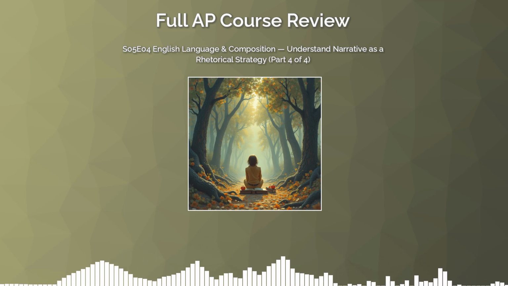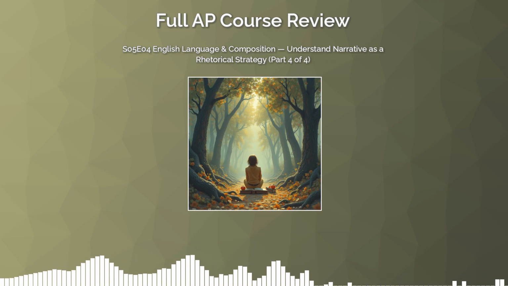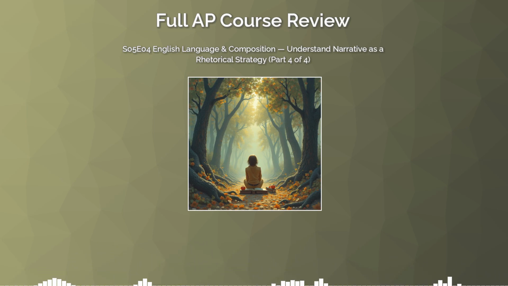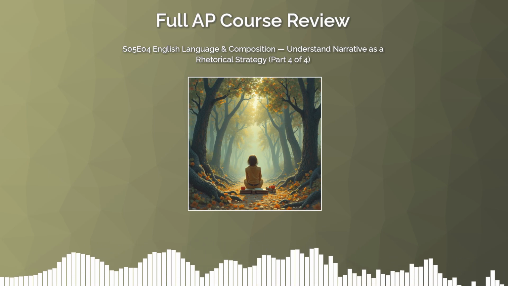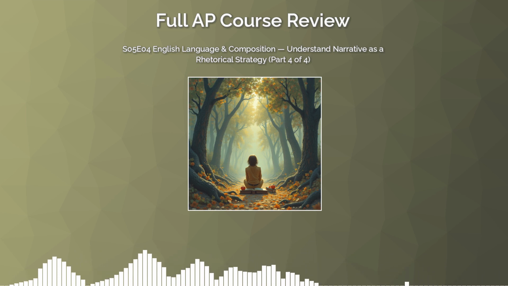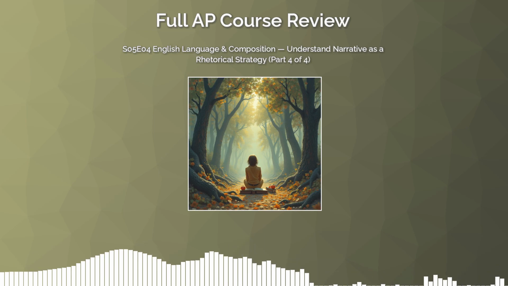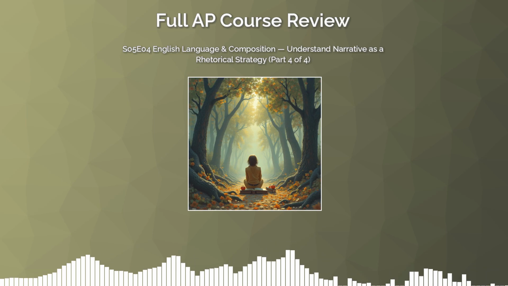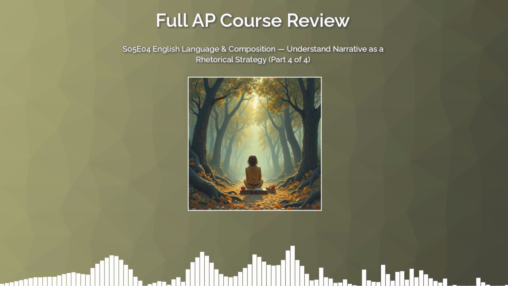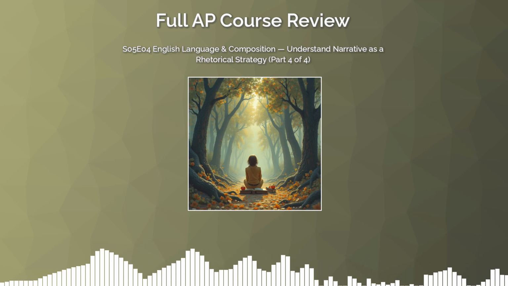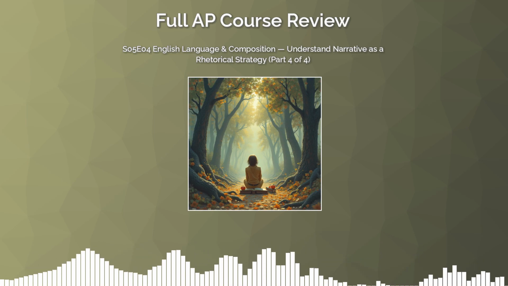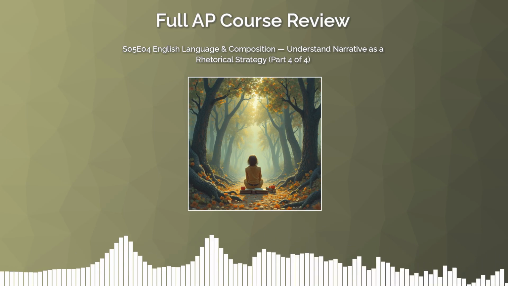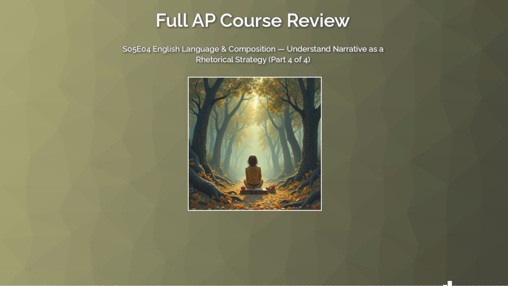Third person is the broadest category, and you need to distinguish between its subcategories with precision. Third person omniscient gives the narrator godlike access. They can enter any character's mind, reveal backstory, and comment on events the characters themselves don't understand. Third person limited zooms in on one character's perspective while maintaining the distance of he, she, or they, and third person objective, sometimes called the dramatic or cinematic mode, reports only observable action and dialogue, offering no access to interior thought whatsoever. The College Board expects you to name these distinctions and, more importantly, to explain their rhetorical effects.